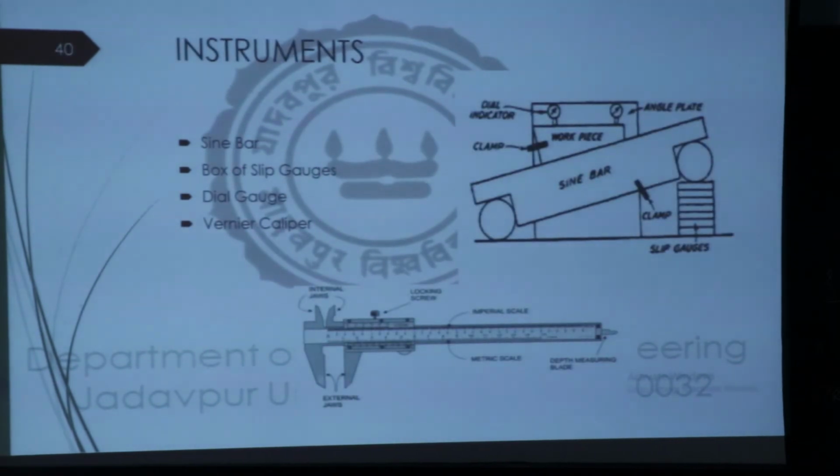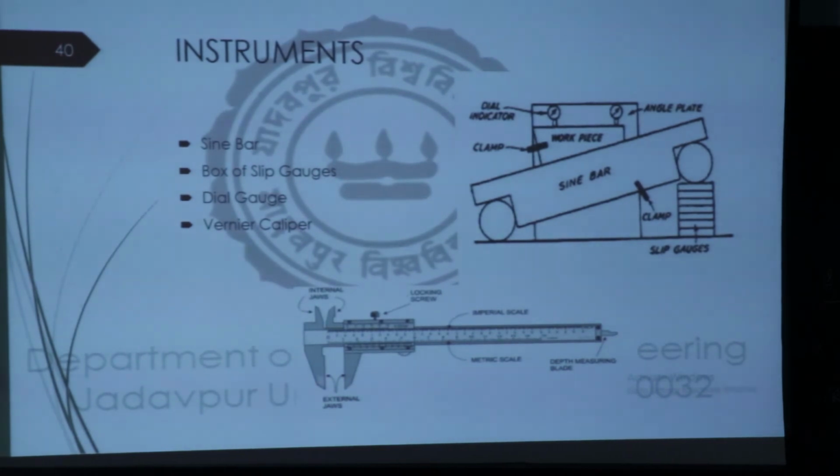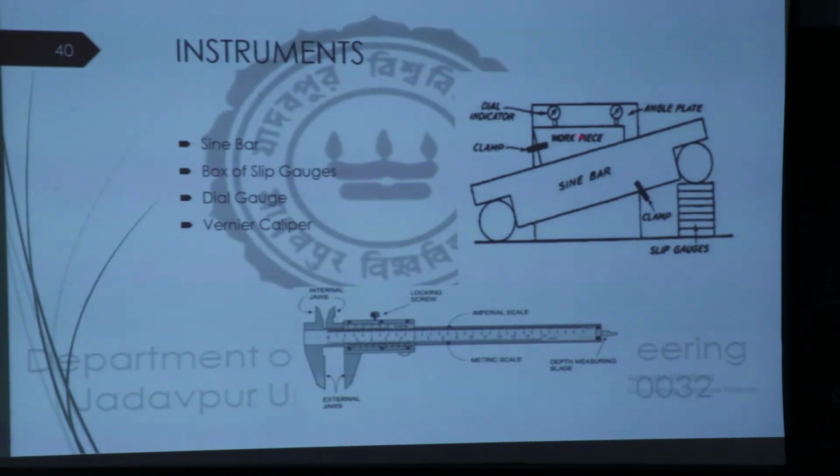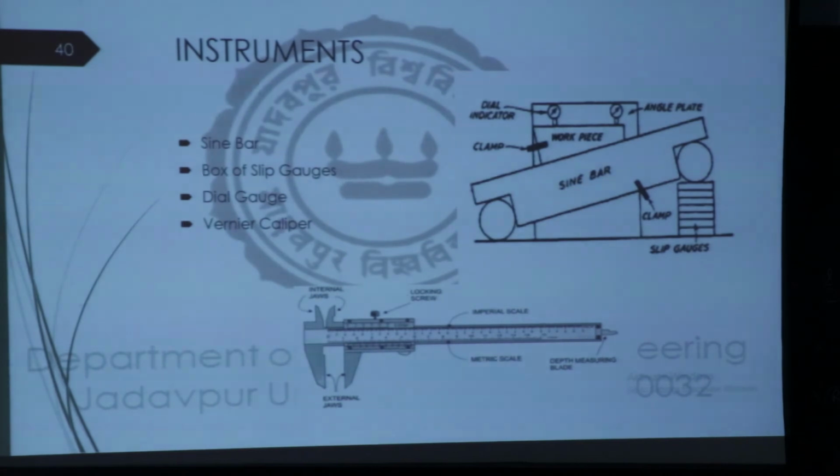This is a standard sine bar, but do remember that we are not using a sine bar over here, we will be using the sine table that will be shown during the experiment. Why is the sine table important? Because with a sine bar, if you place the job over here, it is possible that the job will come down by rolling. So you have to ensure that it cannot come down, so some projections are there along the periphery. The sine bar has some variants: the sine vice, the sine center, the sine table. In this experiment the sine table will be used.